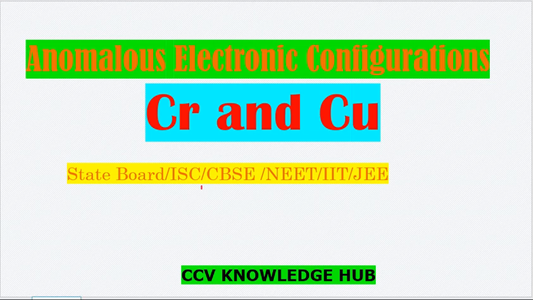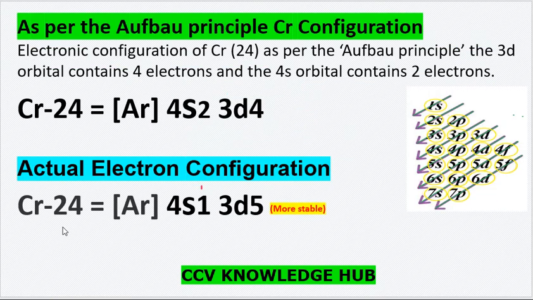In this session, we are going to learn about anomalous electronic configuration of chromium and copper. Let's see chromium electronic configuration first. So here, if you see, chromium atomic number is 24. So electronic configuration, if you see,